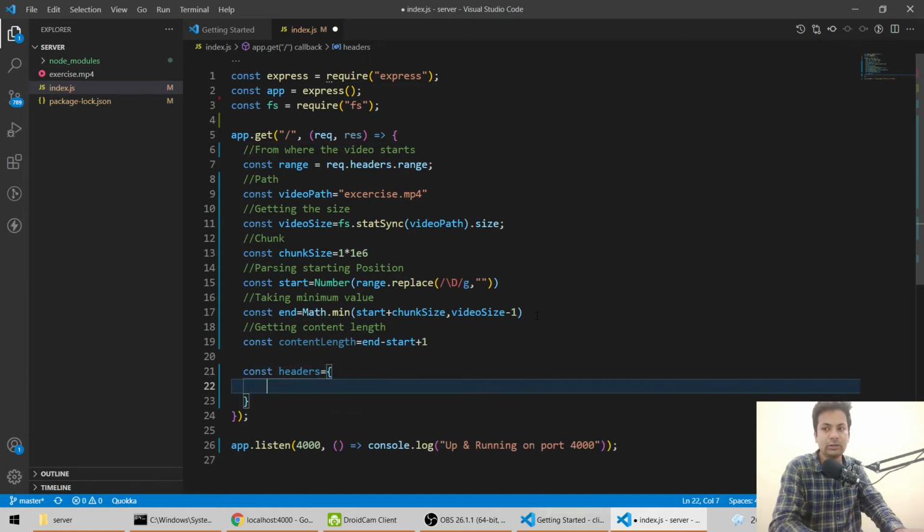So in headers we'll have content dash range. We'll send the range.